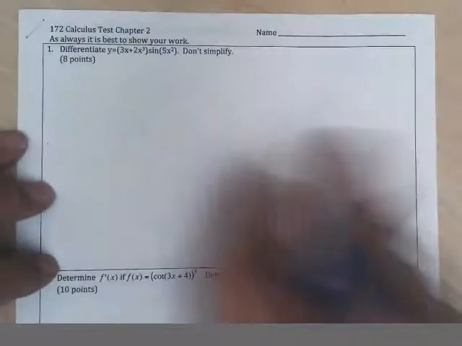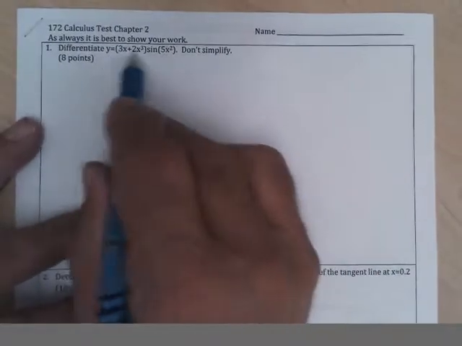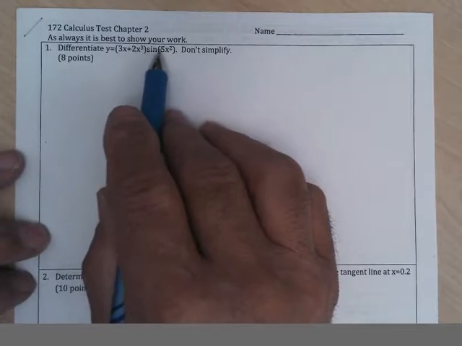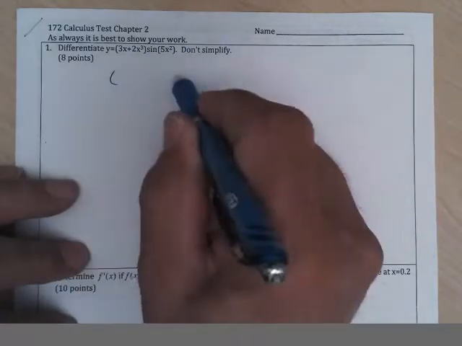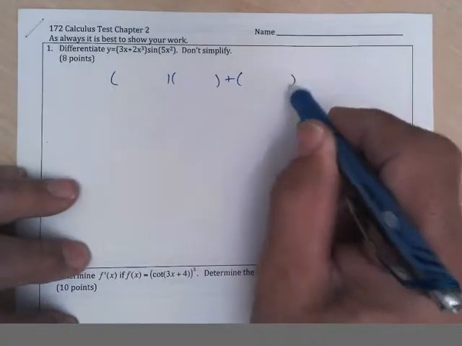Okay, let's go through the Chapter 2 test. First question, we've got to differentiate, and we have this mess times this. So we've got a product rule. Product rule, we take the derivative of the first times the second plus the derivative of the second times the